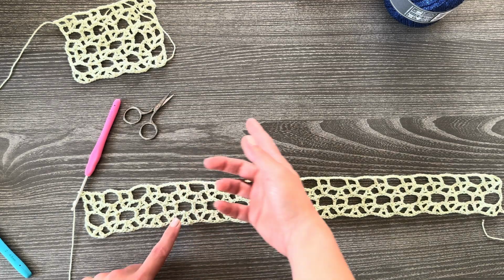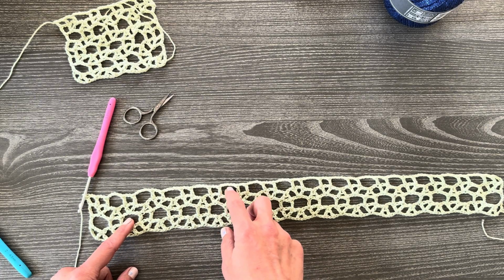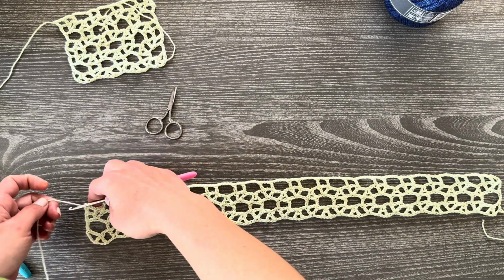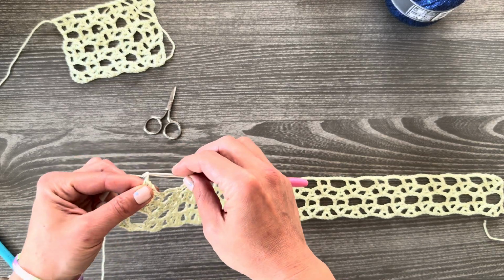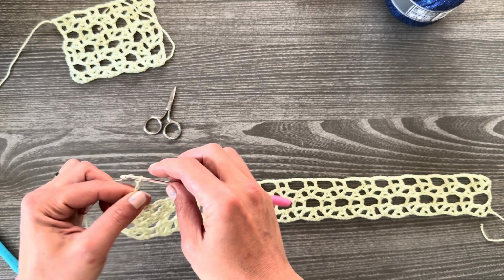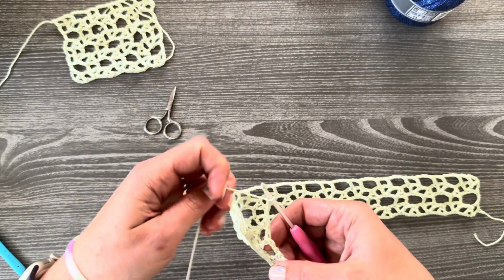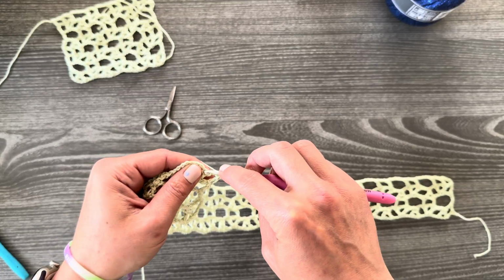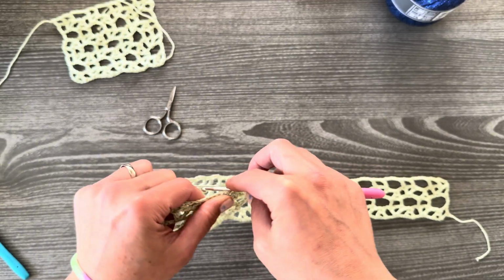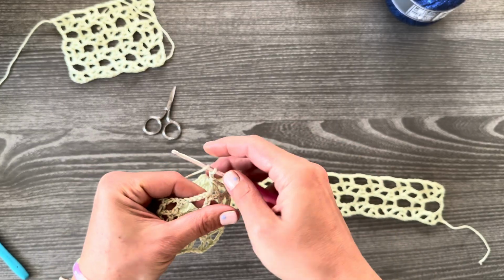So this is what you need to have in mind every time you build a row, because if you understand how to position the stitches, then you will know what you will need to do. Almost all the rows start with chain 5 with that chain 3 and 2 separating chain. Only when you have a wrong side row, which is the one with chain 5, and you need to start with chain 5 because you have that double crochet together wide that you need to skip, that row will start with